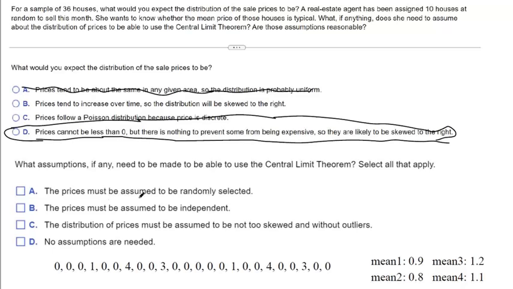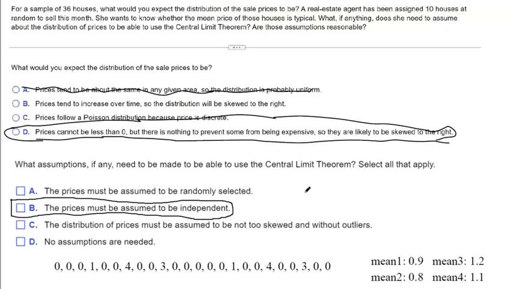Usually, we want to randomly select things in statistics, because randomly selecting things helps us to assume that the data points are independent. But for this particular question, they want you to assume that they're independent, but they're being picky, because it doesn't necessarily have to be random selection. If you have a data set, it's still kind of random though, I guess, whichever way you do it. Because I was thinking, if you do some sort of systematic sampling, you'd still have to assume that the data is shuffled.